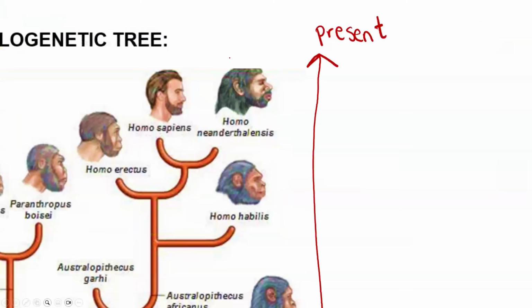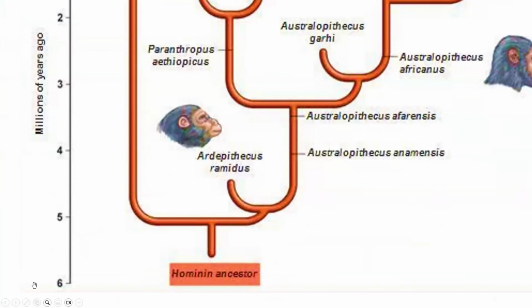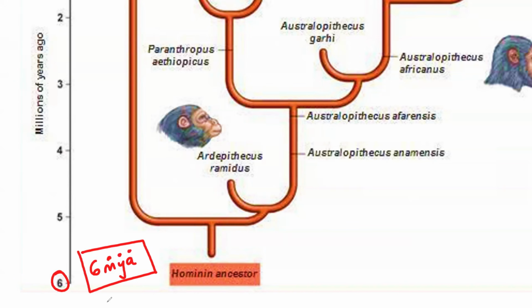For example, if you look at this timeline specifically, it starts at 6 million years ago. So whenever you see 6 MYA in life sciences, this is 6 million years ago. M is for million, Y is for years, and A is for ago. So you can see that the human evolution journey did not just start in recent times.